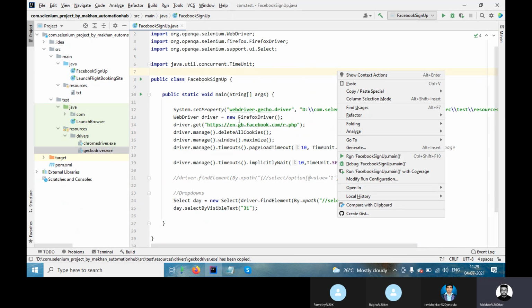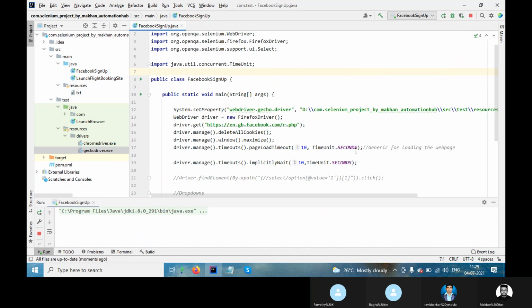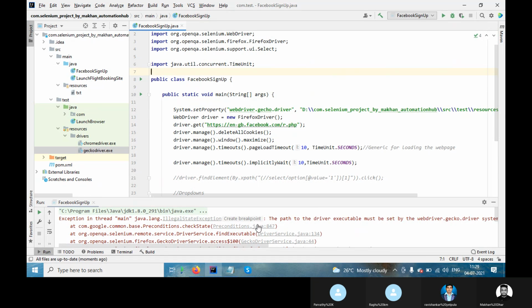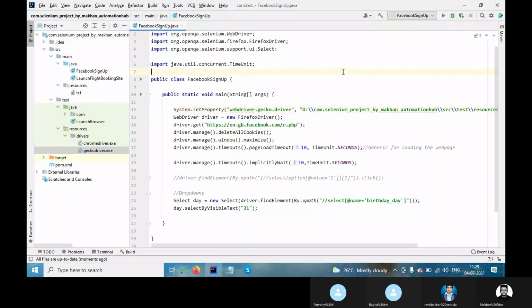Driver dot firefox. The path of the driver executable must be set. Spelling mistake. It should be K, not H. Gecko. Oh, sorry guys. Okay, let's run.